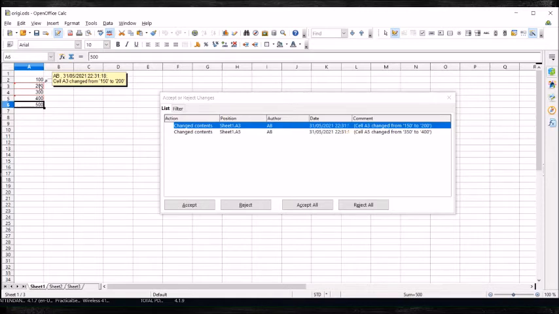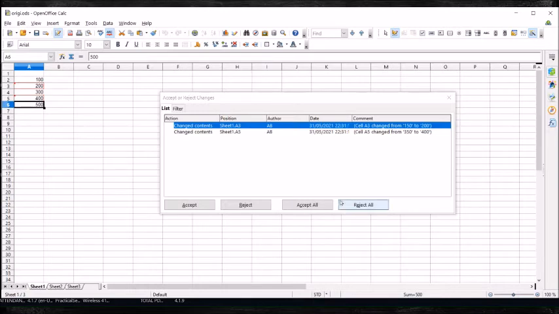In AB made at this time, on this date, changed from 150 to 200, and in this cell AB at this time and this date, the contents of A5 were changed from 350 to 400. So these changes will be displayed like this.